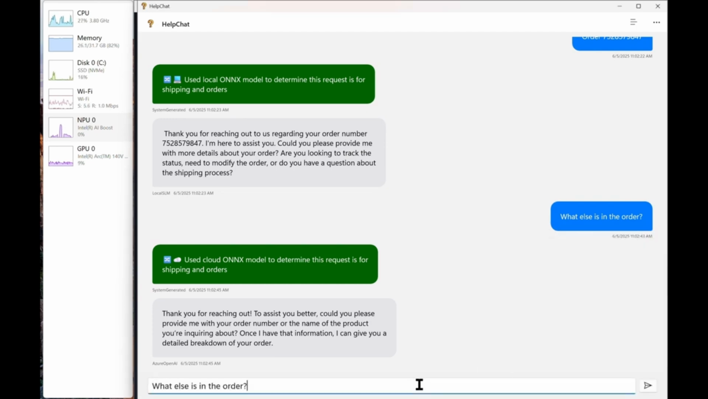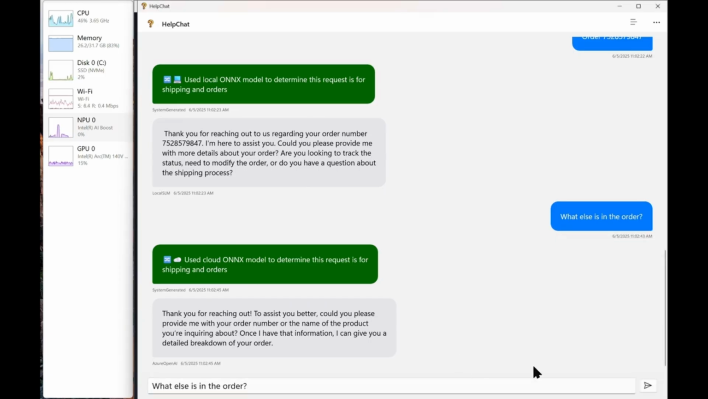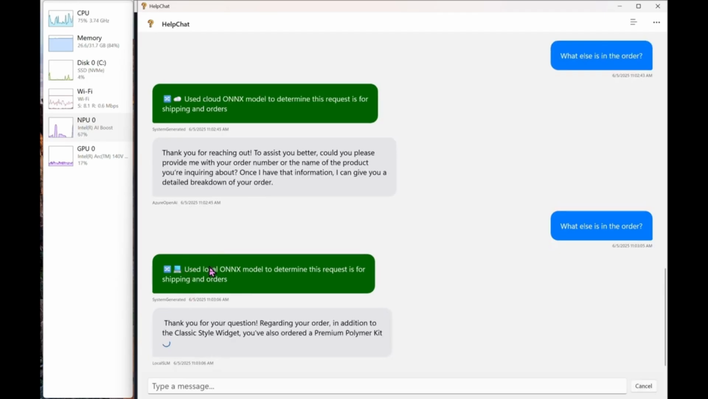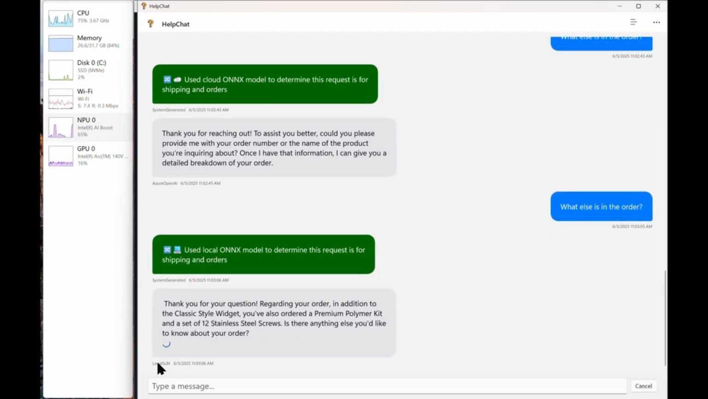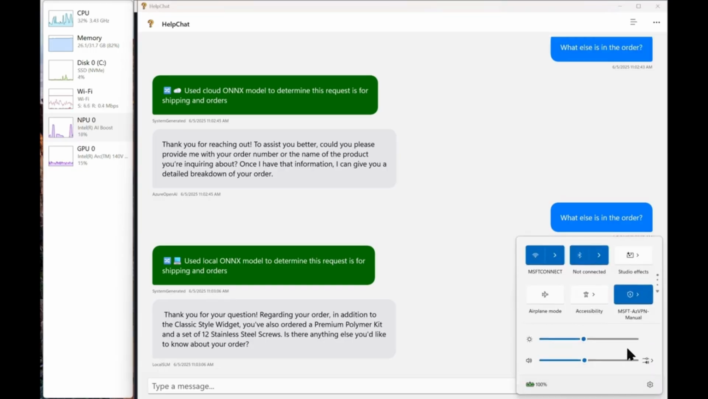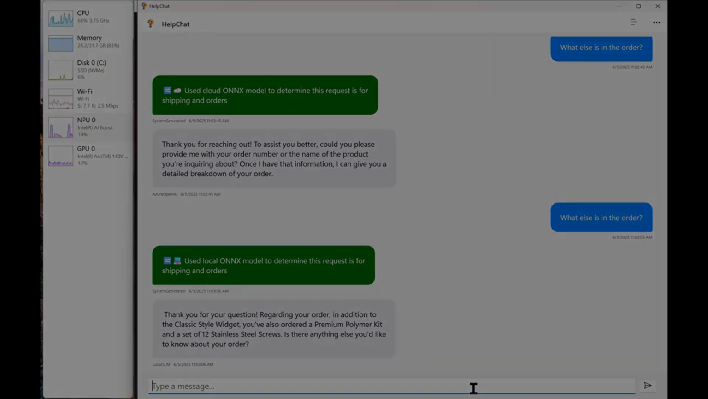And so we put in a parameter that says if latency exceeds a certain threshold, we want to stay on the device. Now, in this case, we're going to use the VPN to create that latency. And I just ask it a general question, same as before, nothing specific, just what else is in the order. But because of that latency, that business logic, it stayed local and used the NPU and the small language model